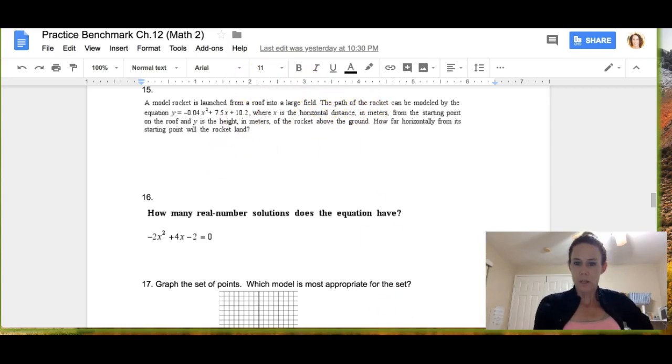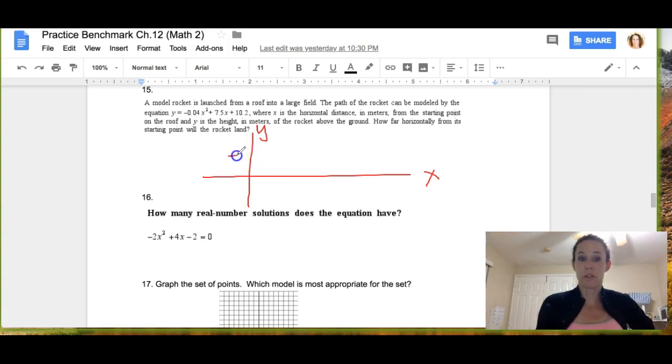So let's take a look at what that might look like. If we had some kind of XY axis, and the model rocket's launched from a roof into a large field. So let's just say here is some kind of building, and here's the roof of the building. So if we launch it from the roof into a large field, something like this, and it's going to land,